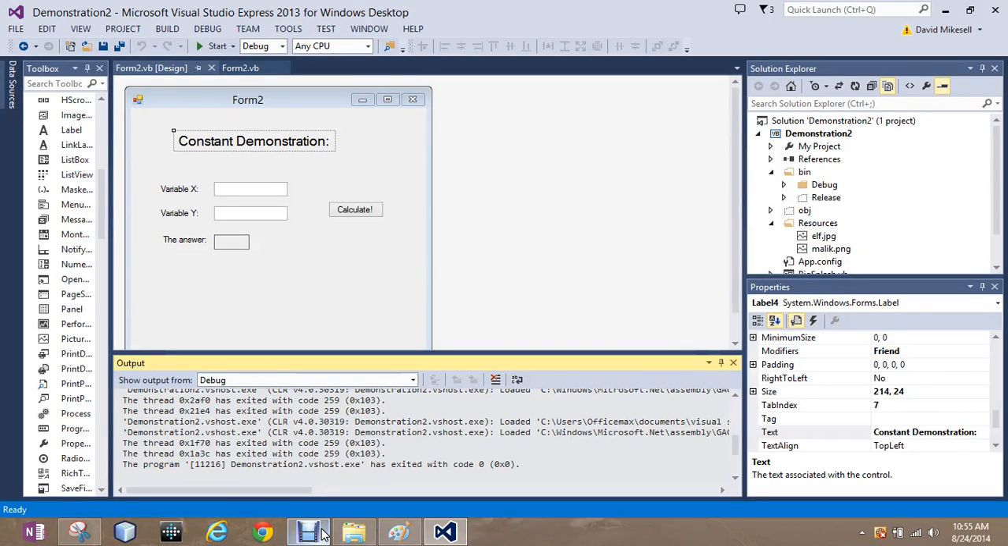The next variable type we're going to demonstrate is the constant type. And the word pretty much signifies what it's going to be. It's always going to be constant throughout the program. So in this instance, we're going to add in here,